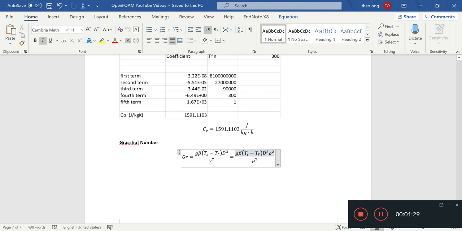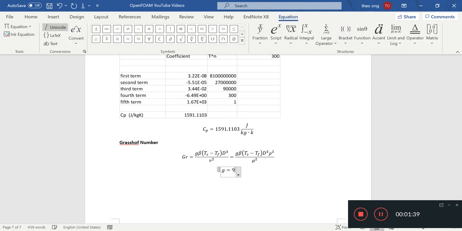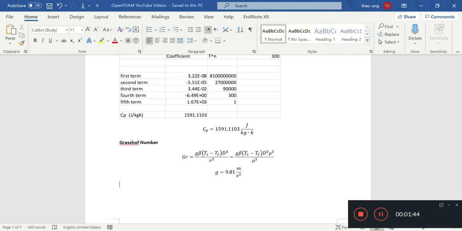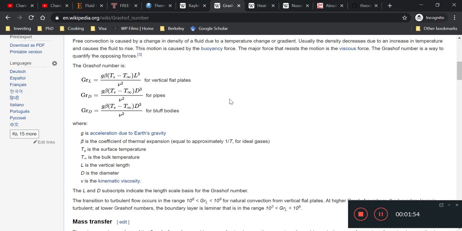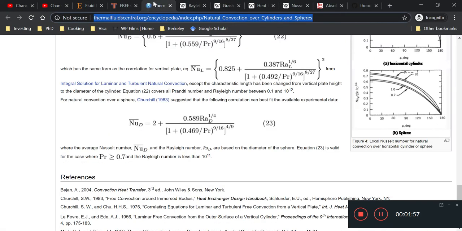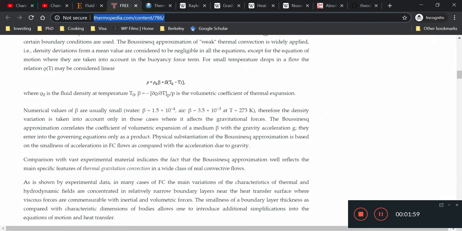And so we need a few pieces of data to start calculating the Grashof number. One is gravity. Gravity is just 9.81 meters per second squared. The next thing is surface temperature, which is inside our table. We also need beta, which is the expansion coefficient with respect to temperature. For a clear definition of that, beta, according to this website, equals